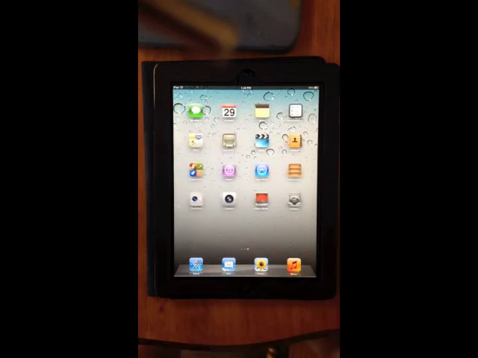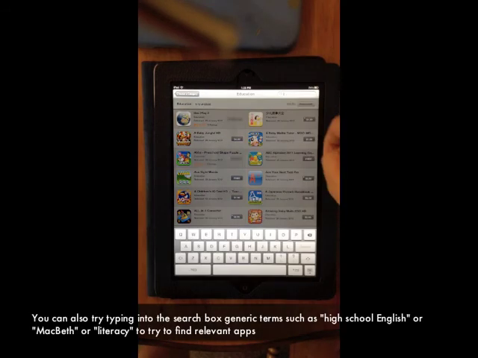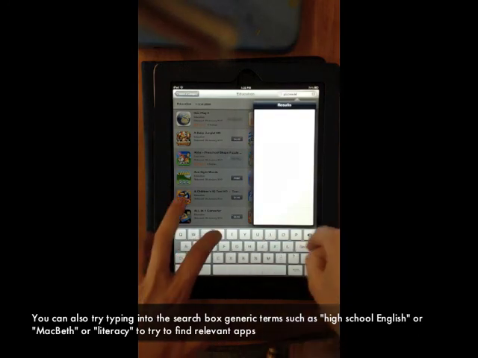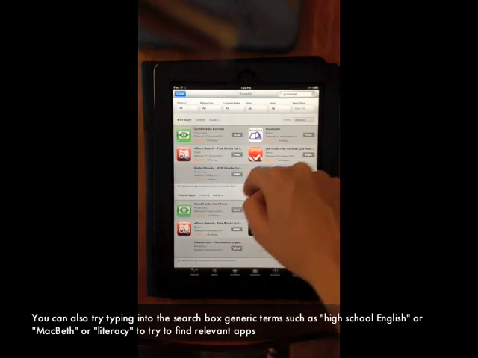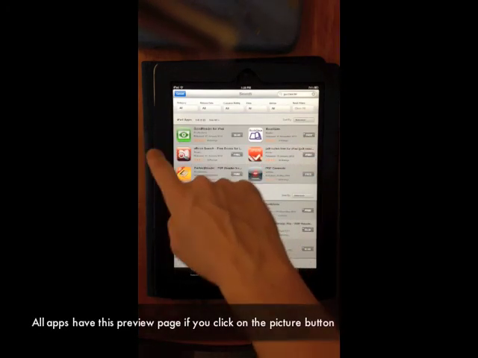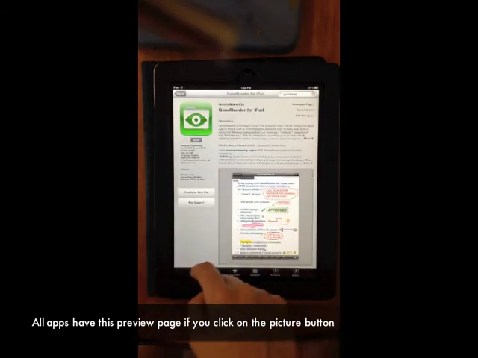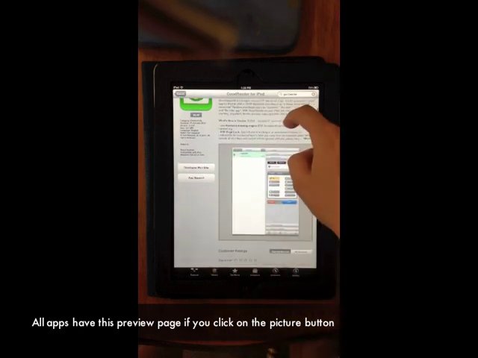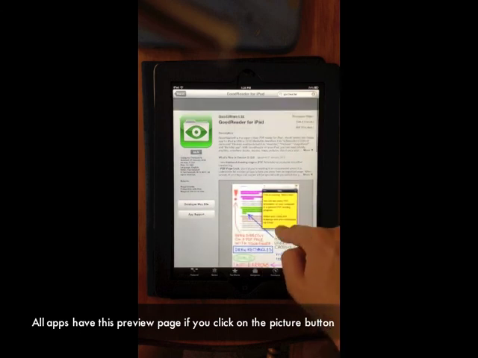Okay, so one of the things that you might like to do is explore some of the apps that we have in here. Some of the ones that I would recommend, if you do hear of some that are recommended for your faculty, Good Reader. Go up to there and search. Good Reader for iPad, that's a good one. This one shows you exactly what happens, so you can go across, you can have a read about what happens. Good Reader is a really excellent app to start off with because you can highlight